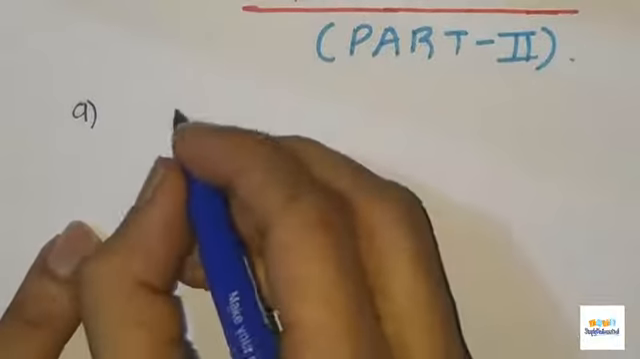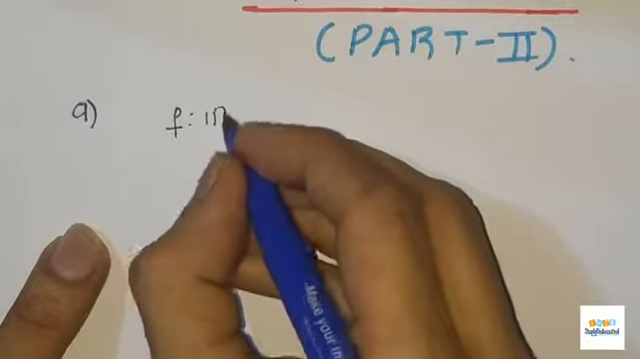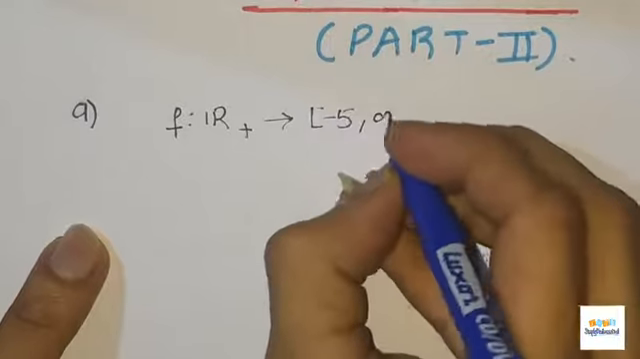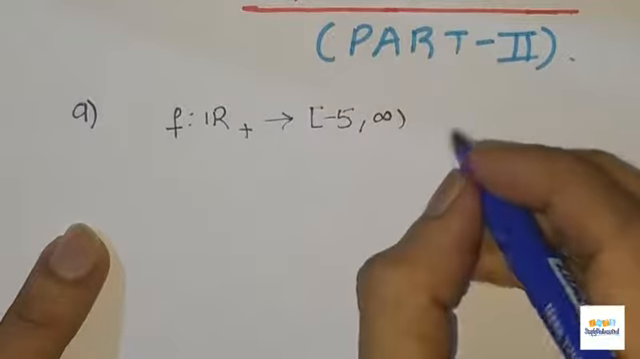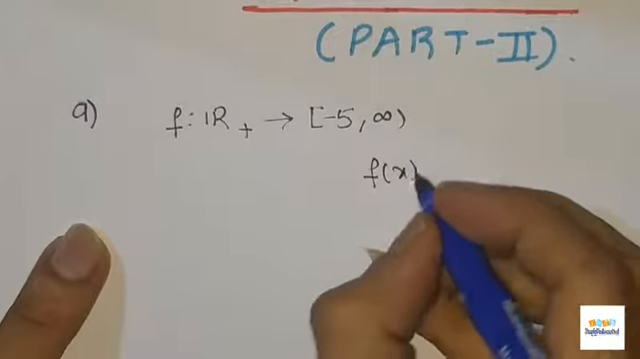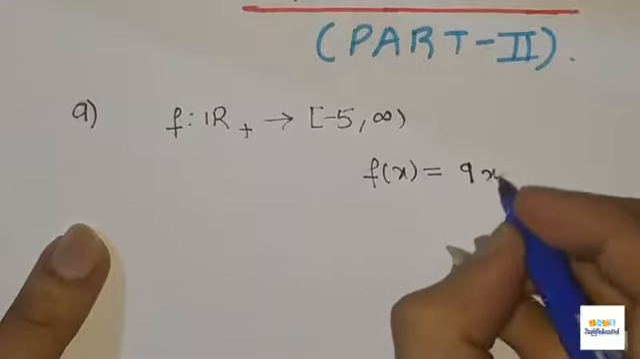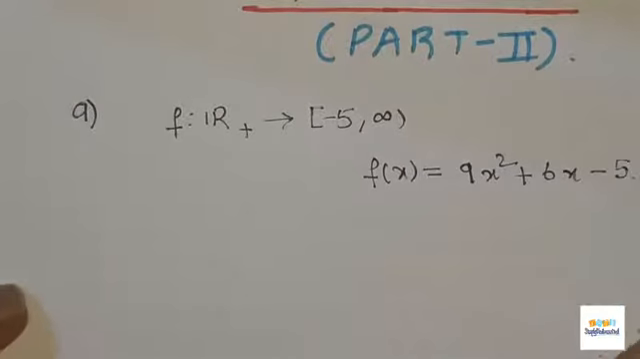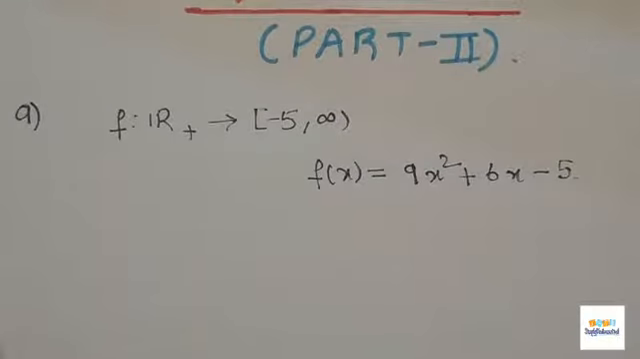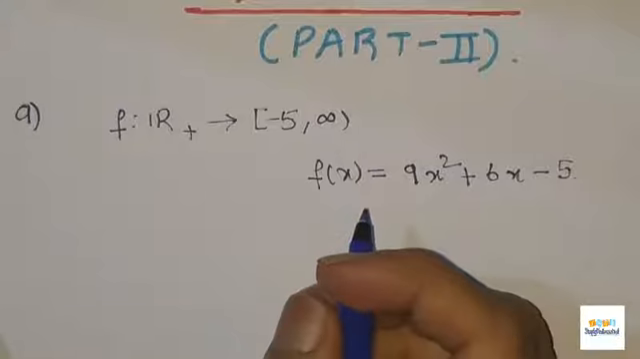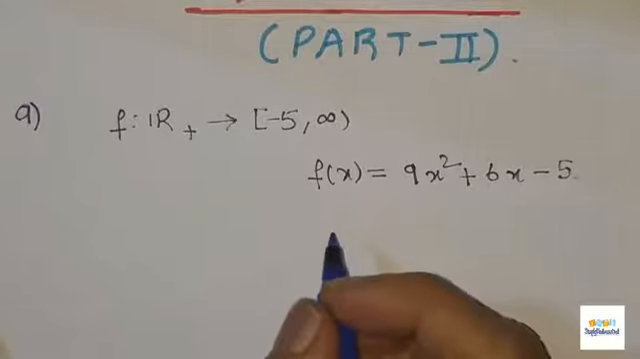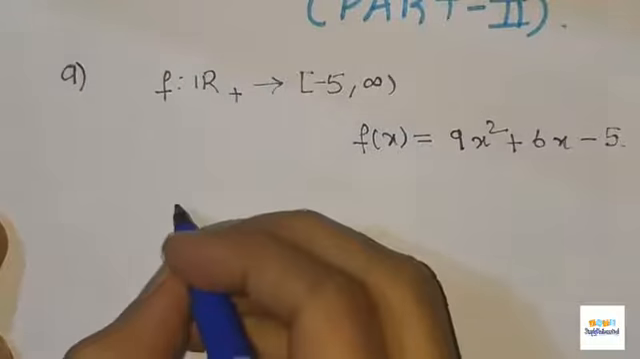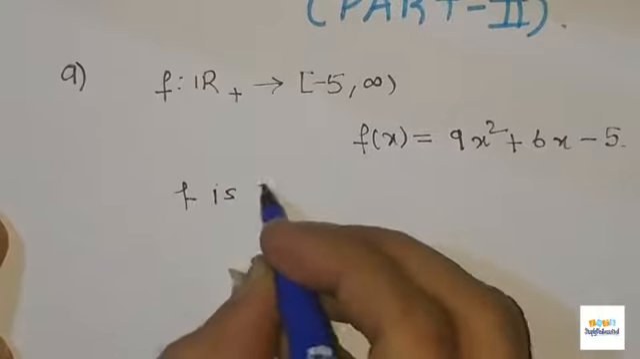So you are given a function f from R plus to the closed interval -5 to infinity, and the function is defined as f(x) = 9x² + 6x - 5. Now here we have to find the inverse of this function f by showing that the function is invertible, right? Now what is the definition of an invertible function? If you want to show that f is an invertible function,